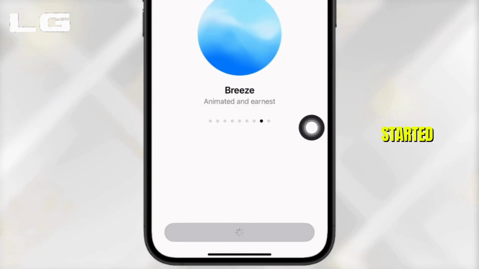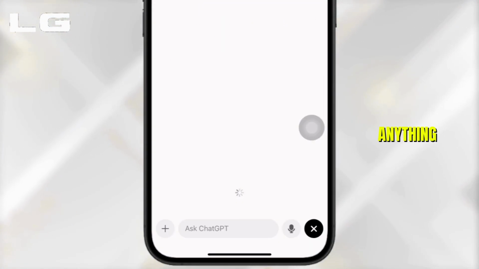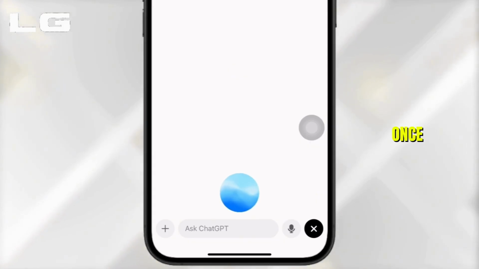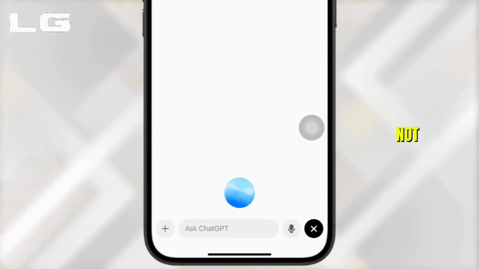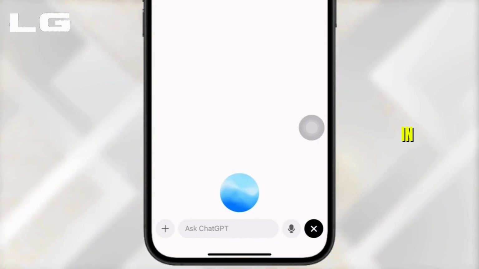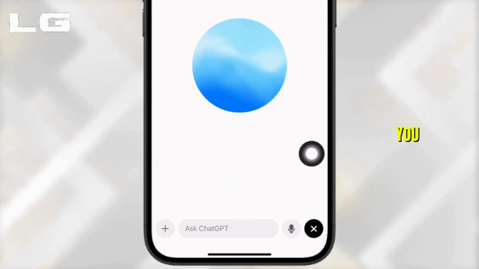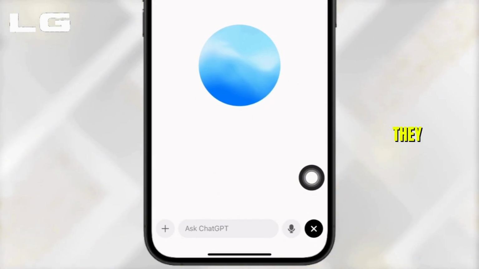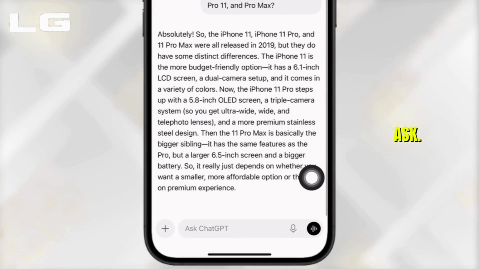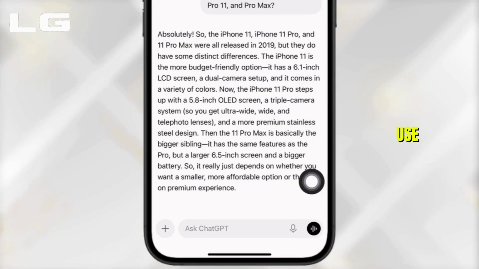Once you have clicked on Get Started, now you can start speaking anything you want to with ChatGPT. Once done, ChatGPT will also answer you with the voice mode. Not only that, it will also type out the message. Well, you can talk with ChatGPT the way you talk with people. It will provide you any information that you ask. So this is simply how you can use voice mode on